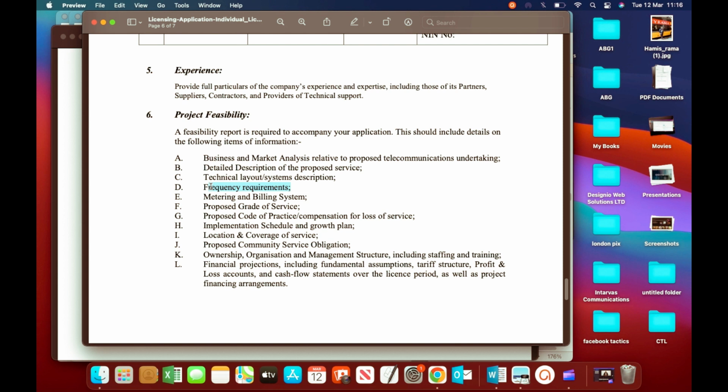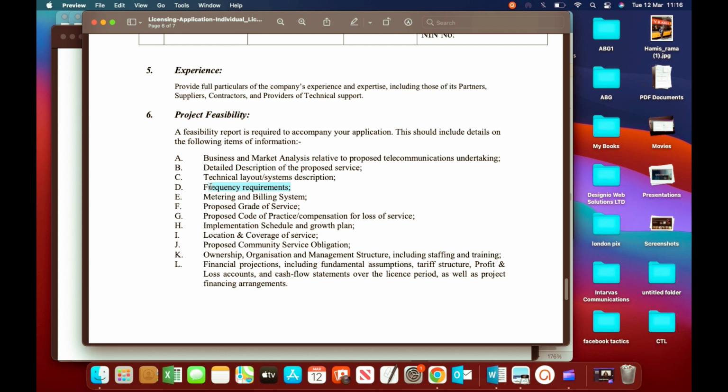Point number 6, which is the proposed grade of service. This point is basically just about telling this Commission that you intend to deliver excellent quality service, with grade 1 quality, CLI if you're using voice, all this grammar that you have to put in, just to state it yourself, because we all know that you're not going to say you are going to provide poor quality of service to your subscribers, but you just have to state what you are actually going to do.